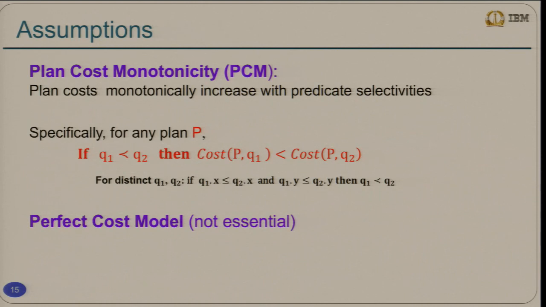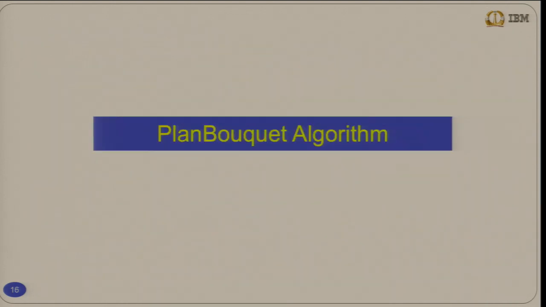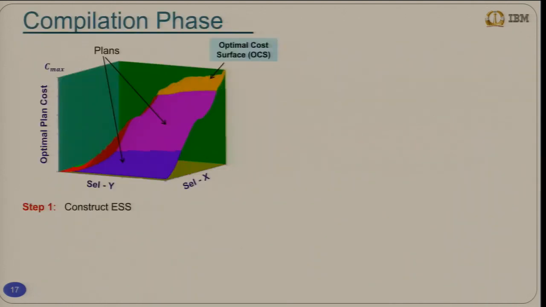For simplicity of proofs, we also assume that the cost model of the hardware and the system is perfect, but this is not essential. We can do away with this, but we assume that this is perfect. Okay. So